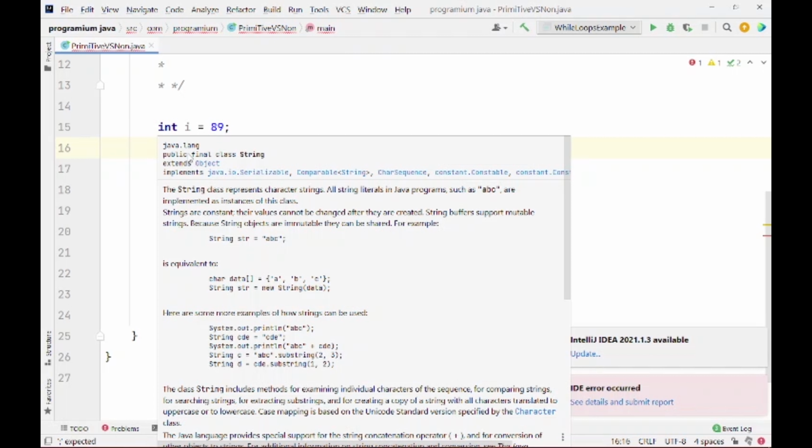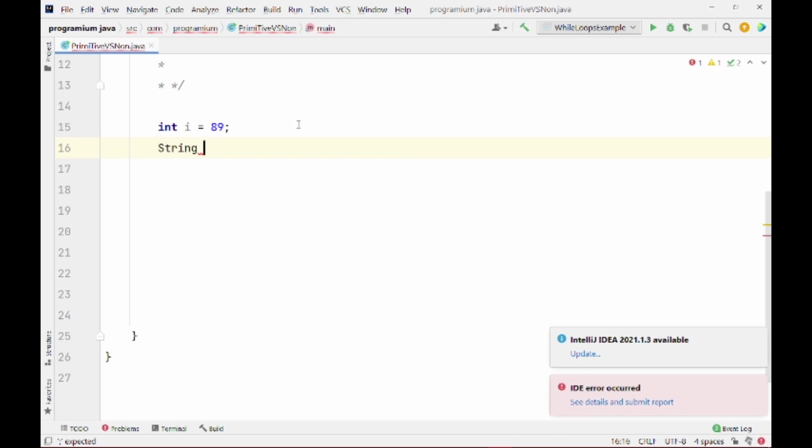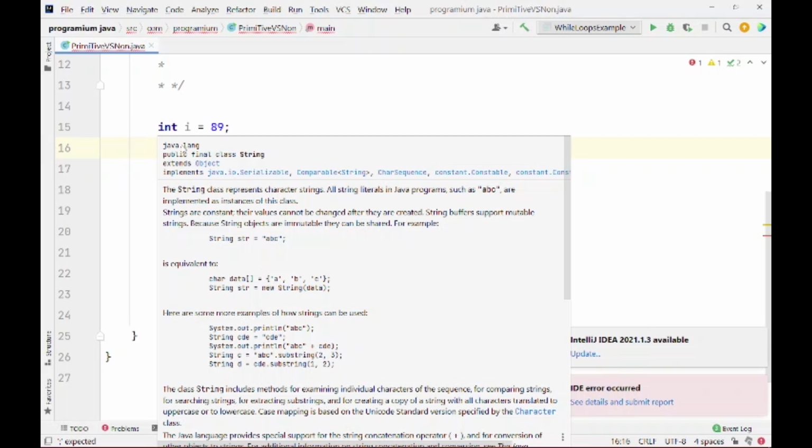You can see that it is present in java.lang and it is a class, String, equivalent to this character array of abc data. That's the reason the developers or programmers of this library have helped us a lot, and it is not a primitive data type.